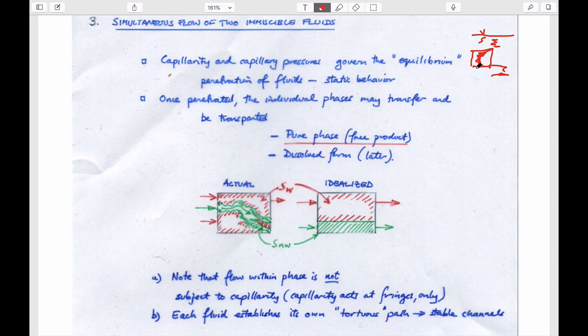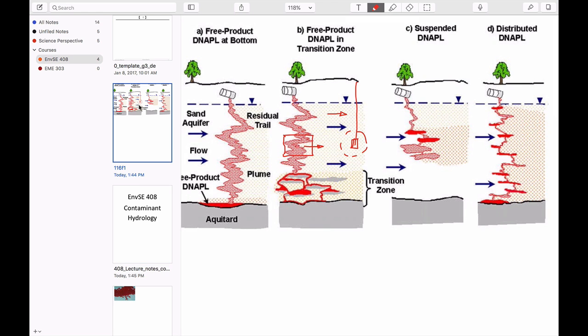And so in reality, capillary pressures are holding these fluids in place like they did before. The architecture of these is quite irregular, as we saw from these figures from before, that they're all over the place. Some of the portions are at really high saturation, so this would be a saturation of almost 100% of the non-wetting fluid and 0% of the water. In this zone here, this would be 100% water saturated and 0% of the non-wetting fluid. This smeared zone might be 30% of the non-wetting fluid and 70% of the water. And so they have some different